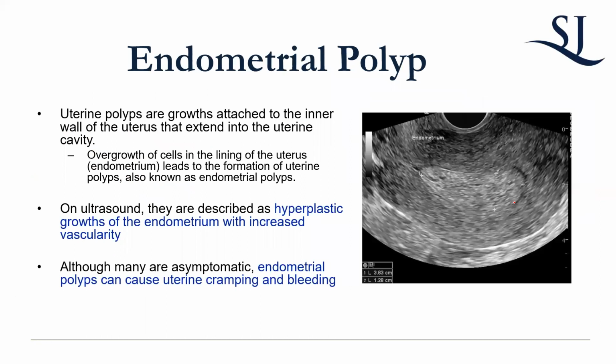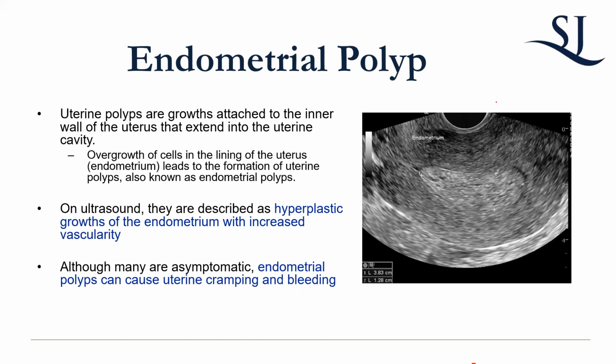An endometrial polyp, and we'll get into treatments, of course. An endometrial polyp is a hyperplastic growth of the endometrium. So by definition, it can only be in the endometrium. And that can be a source of bleeding and cramping. Do you know why that is? Why does it cause pain? They're not that big.